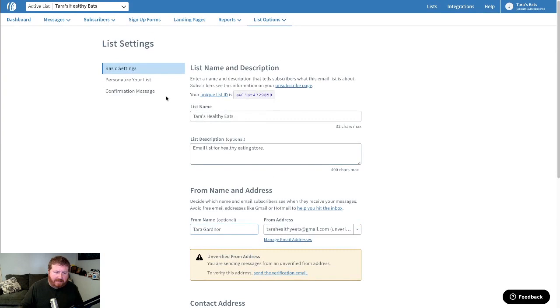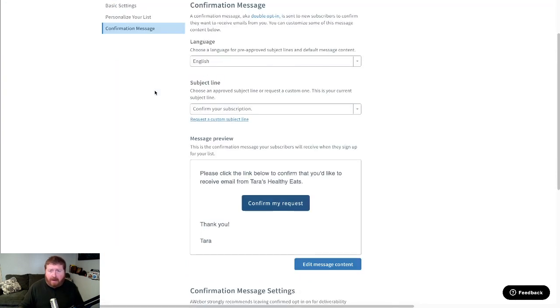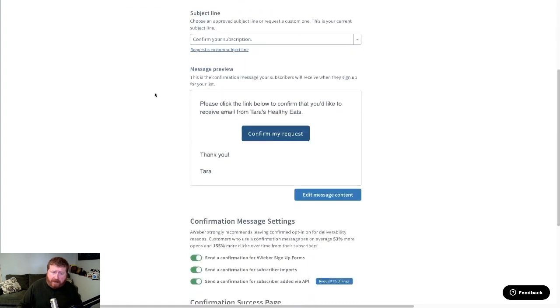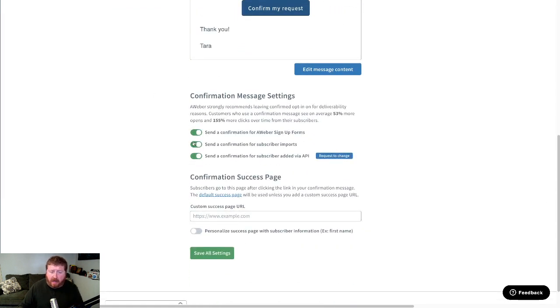The other thing I want to point out is the confirmation message. Now, confirmation works like this. Somebody signs up to your list, they receive an email with a link. They click the link, and then they're confirmed to be on your list. They can start receiving all the rest of your emails. This really helps cut down spam complaints and really cuts out any bad actors that you may have on your subscriber list. And after all, think about it. If someone's not willing to click the very first link in the very first email you send to them, how willing are they to click any links in any emails that you send to them? Now again, we recommend using confirmed opt-in, but you can control those settings with these toggle switches down here.